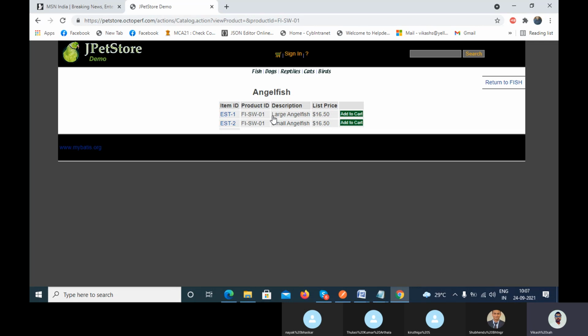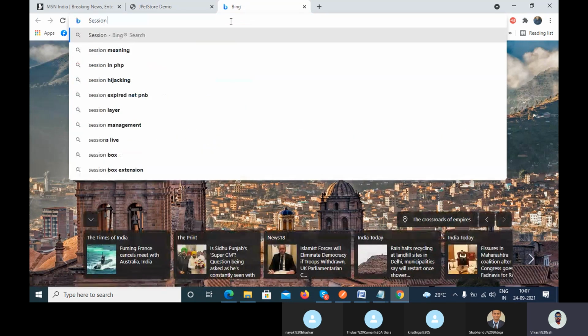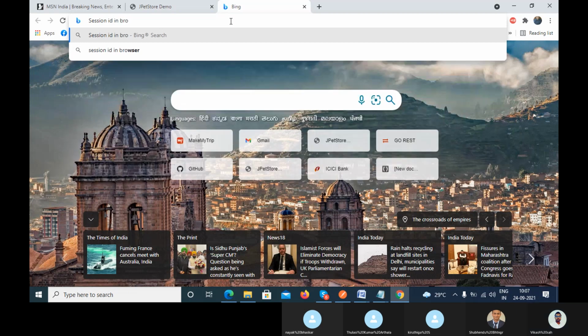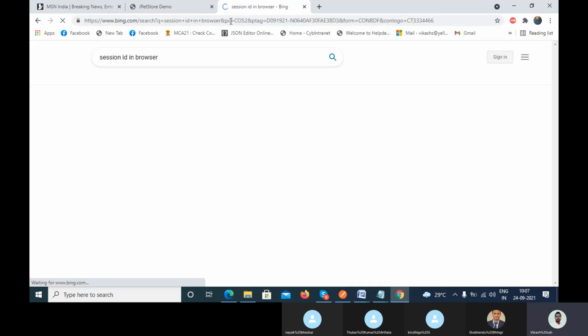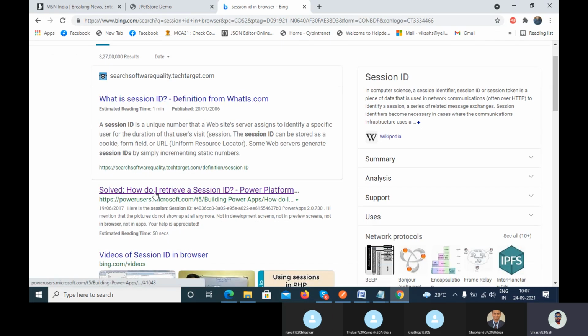And the session cookies, if you go and search for session ID, here you can see you will get the information. A session ID is a unique number.